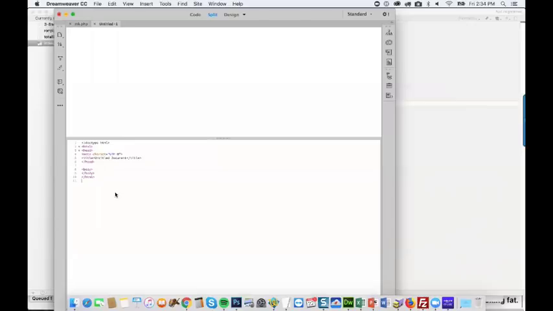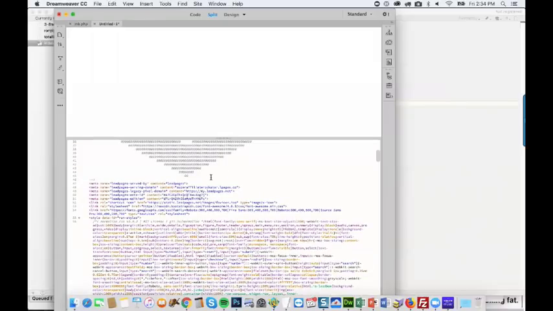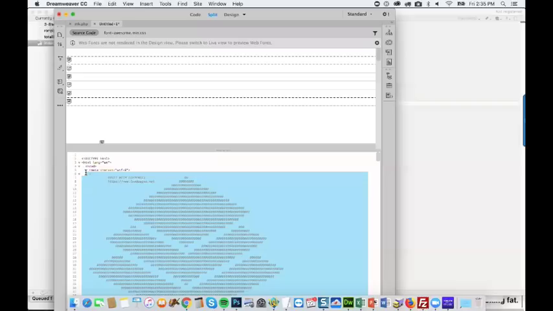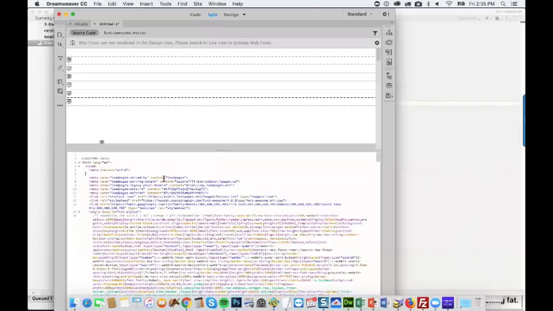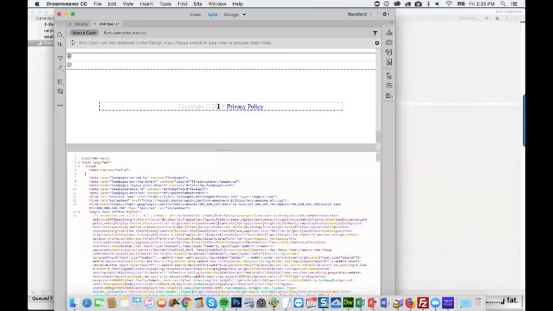Okay, so we're going to paste code here. We'll get rid of all this junk at the beginning. Let me just take this out. All right, so this is our page. Now, a couple of things that we're going to need: a privacy policy, terms and conditions, and about us and contact us. Those are some things that Facebook is going to look for.